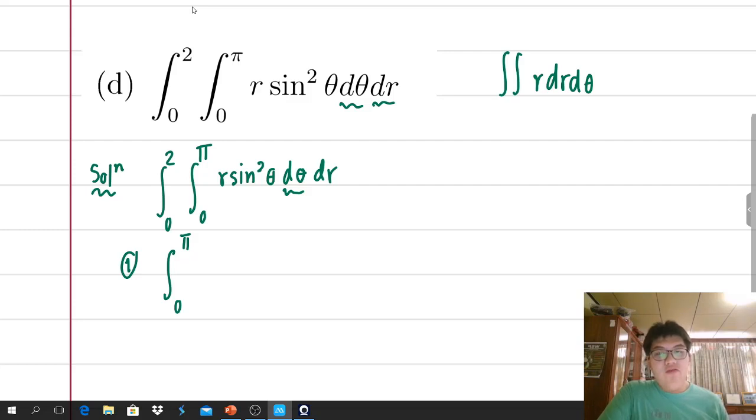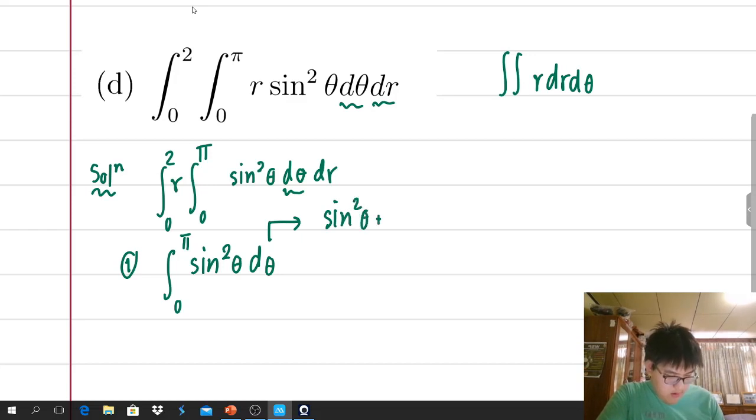Then we will move r out. We will get r. This one leaves only this, but I will calculate just sine squared theta d theta, and then you will use the trigonometric formula